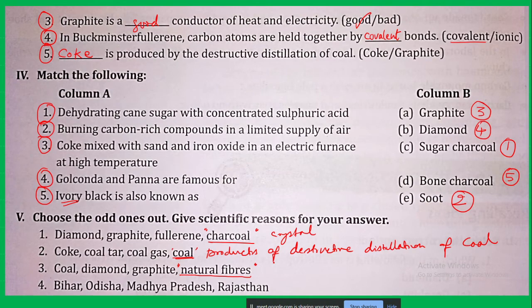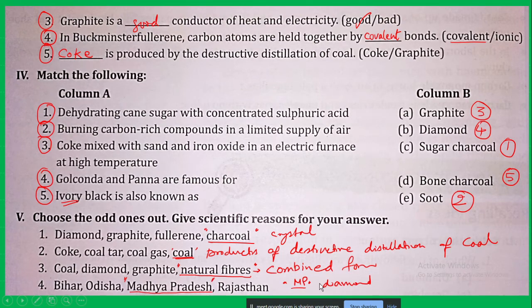Bihar, Odisha, Madhya Pradesh, Rajasthan. Madhya Pradesh, because in all other places graphite is found. Yes, Madhya Pradesh is for diamond. The rest are for graphite. Good. Next,